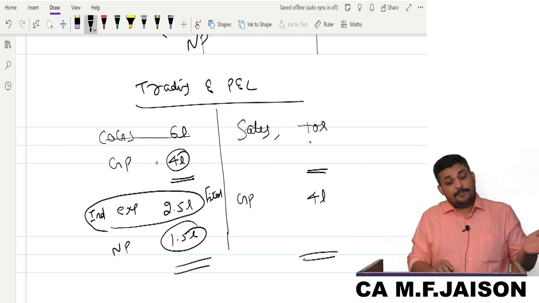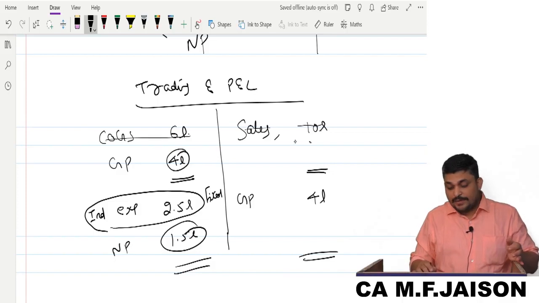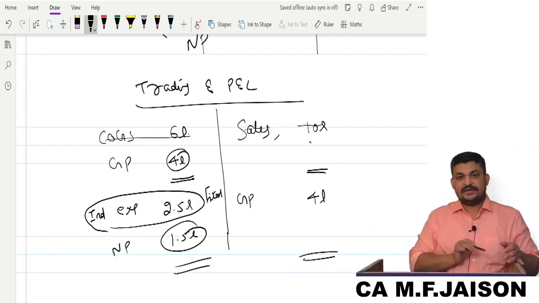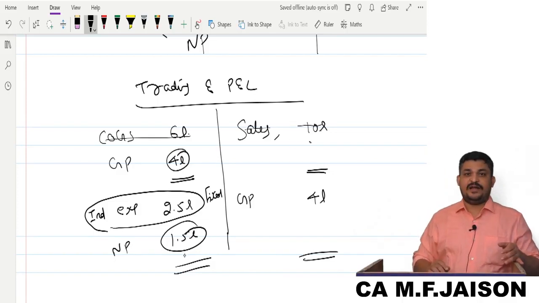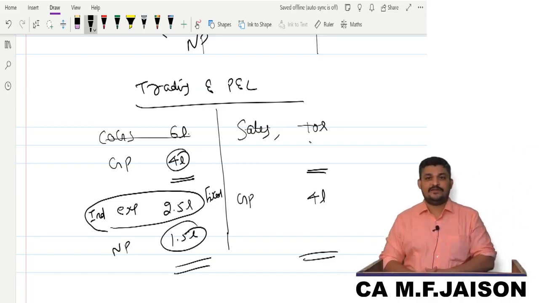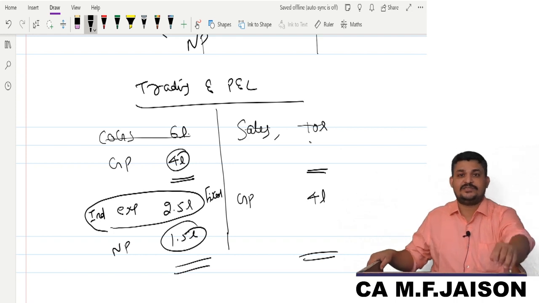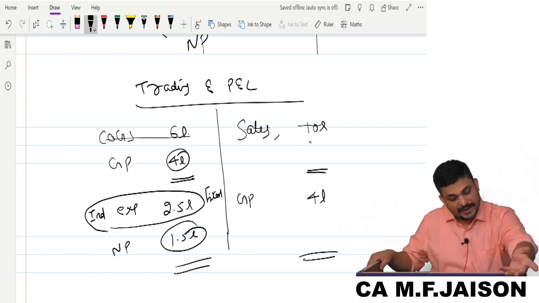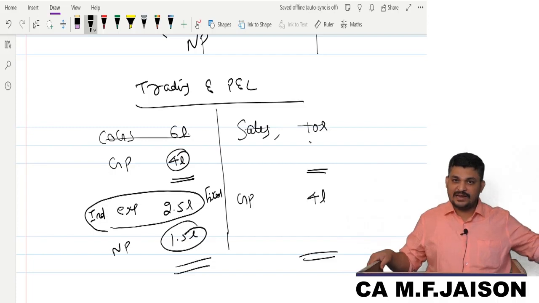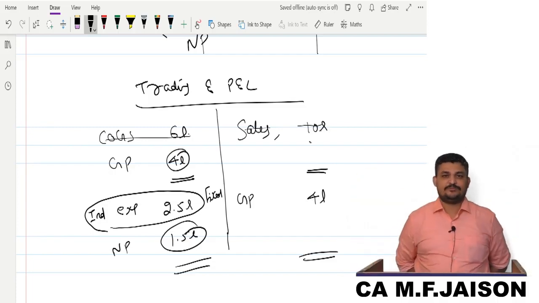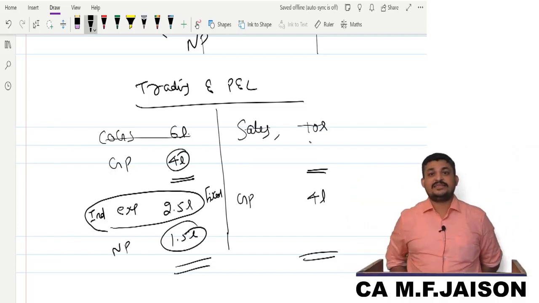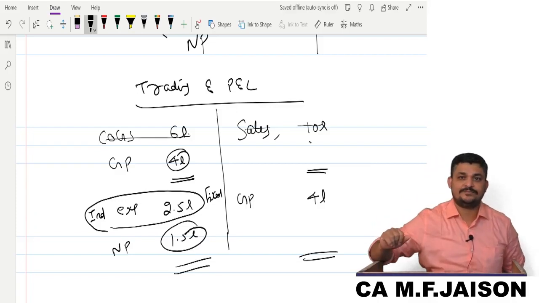Though I am not buying goods, though I am not selling goods, if the insurance company gives me only 1.5, anyway I have to pay 2.5 lakhs to the landlord and the financiers, correct? For 1 year I am not doing business. Still there is an outflow of 2.5 lakhs from my side.